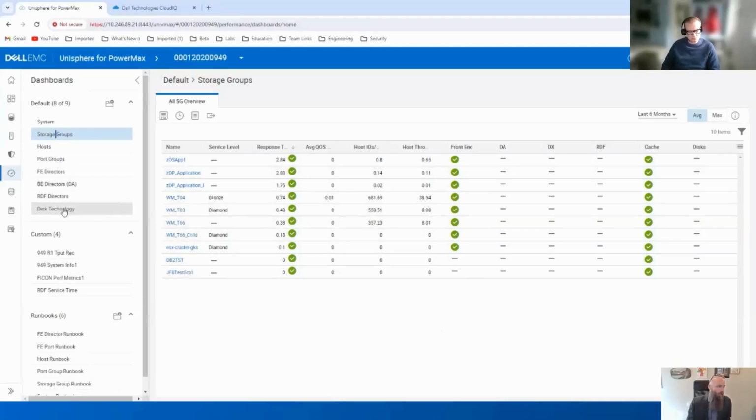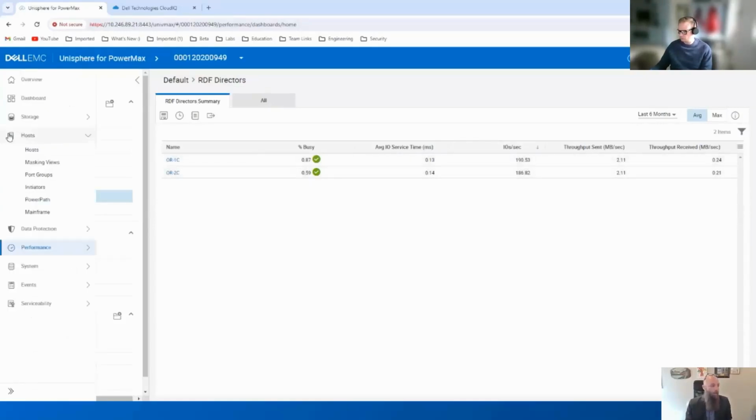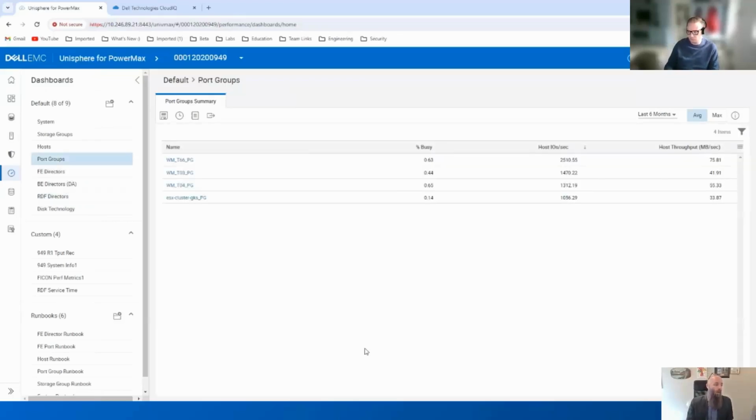Maybe I'm interested in the front end or the RDF directors. So if I had replication running, I can select the RDF directors, and it will show how the RDF directors are performing, or the front end directors or port groups. If I know what port groups are out there, I can look to see how those are performing. Again, it's up to you what you want to